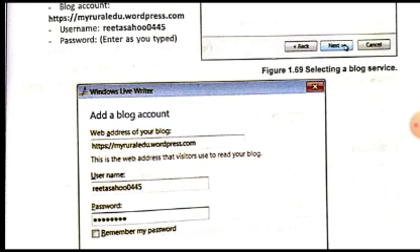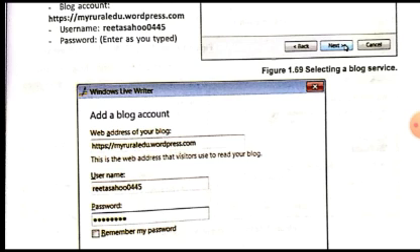Okay, then you have to enter a username also. The web address is the address which the visitors will use to read your blog. So whenever any person wants to read your blog, how will he access it? He will just type this address into the address bar of the browser, just like we type the URL of any website into the browser address bar.